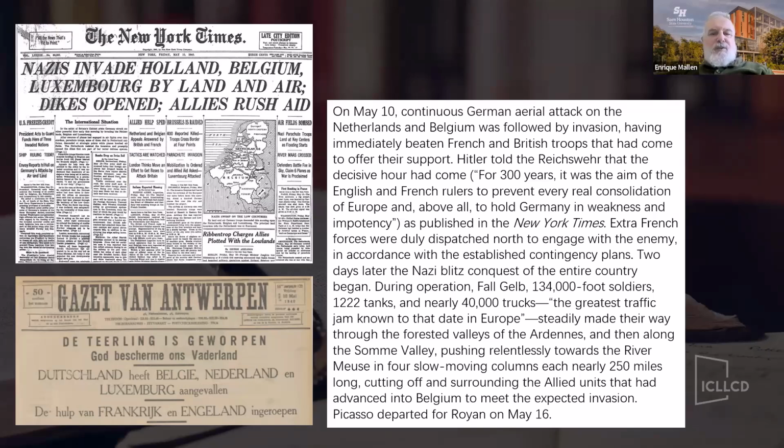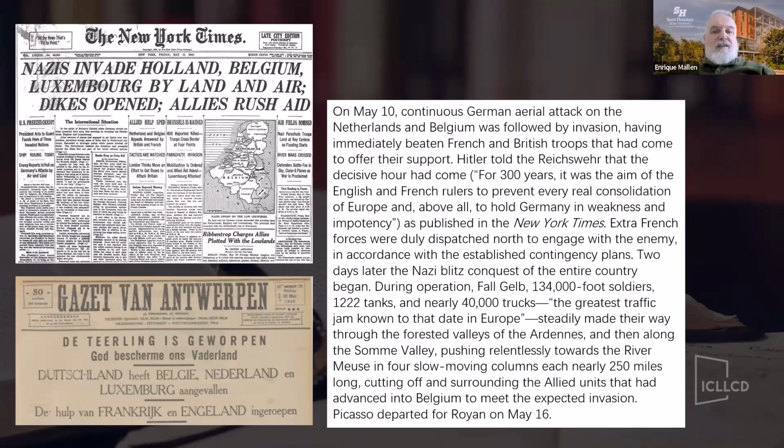Extra French forces were duly dispatched north to engage with the enemy in accordance with the established contingency plans. 2 days later, the Nazi Blitz conquest of the entire country began. During Operation Fallgelb, 134,000 foot soldiers,